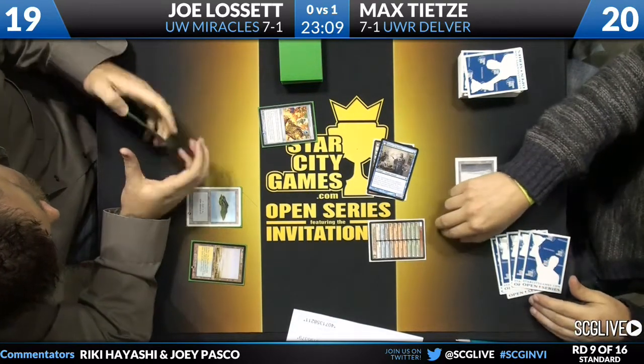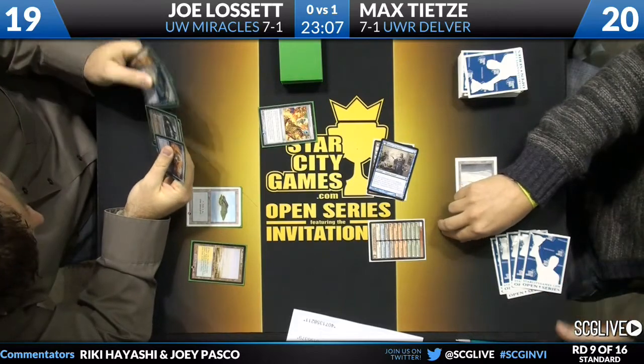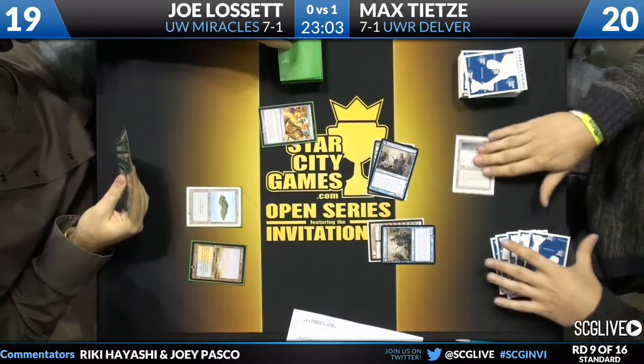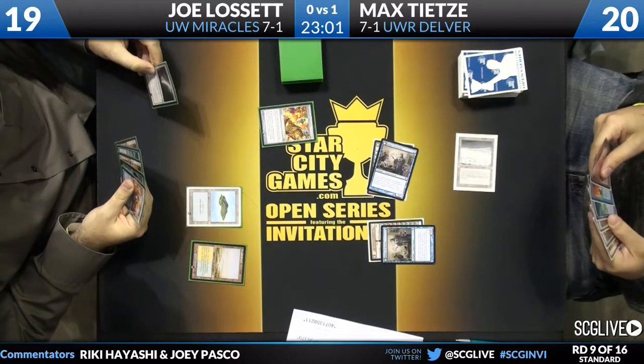So Delver stays as a 1/1, and it looks like another Delver. I think he's going to beat down with the 1/1 army here. At this point, I think they're just going to be 1/1s. The other route could be...